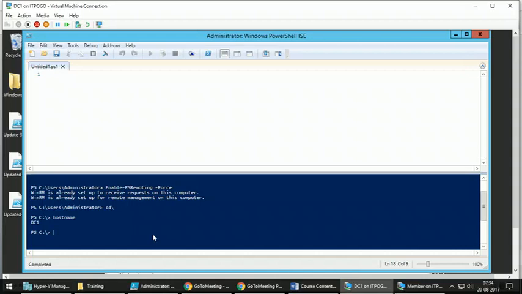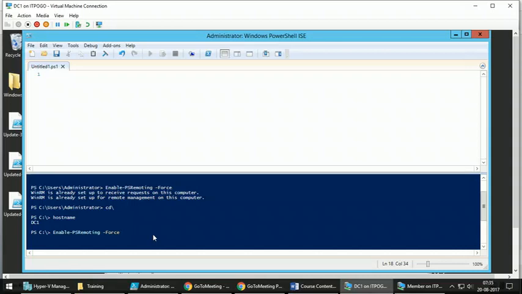So to prevent unauthorized access from public networks, by default PowerShell will not allow you to enable PS remoting on a computer where a public network is available.